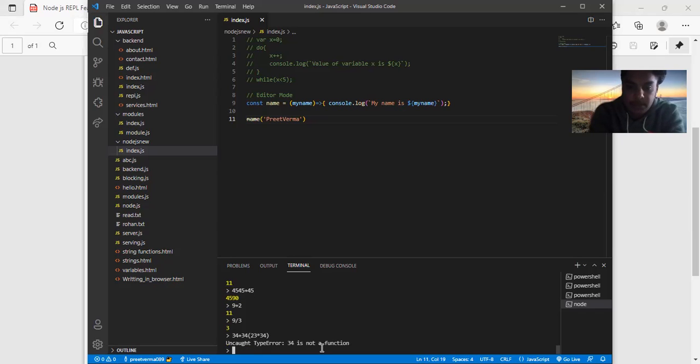Enter. It says 34 is not a function. Okay, 34 is not a function. So simply we use 34 plus 12 multiplied by 3 multiplied by 4, hit enter, equals 178. Okay, these are the arithmetic operations